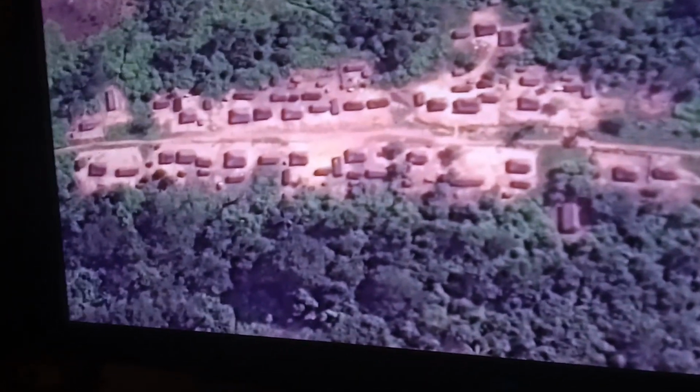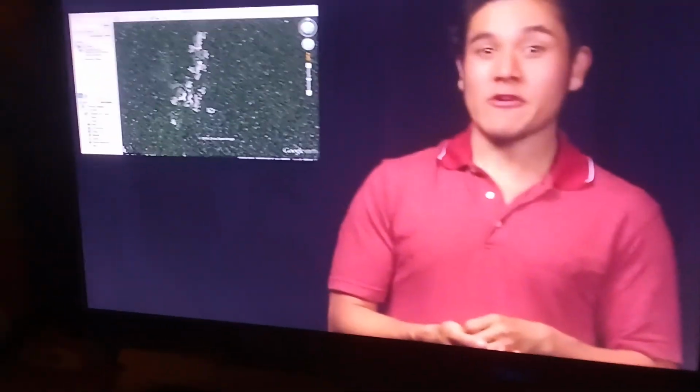In terms of statistics, the DRC is pretty underdeveloped and economically disadvantaged. Typically, the country ranks within the bottom 10 countries with the lowest GDP index scores. Only a little over 10% of the country even has access to electricity and running water. On top of that, the country is scattered with thousands of small tribal villages not even documented or even charted on maps. See how many you can find on Google Earth.